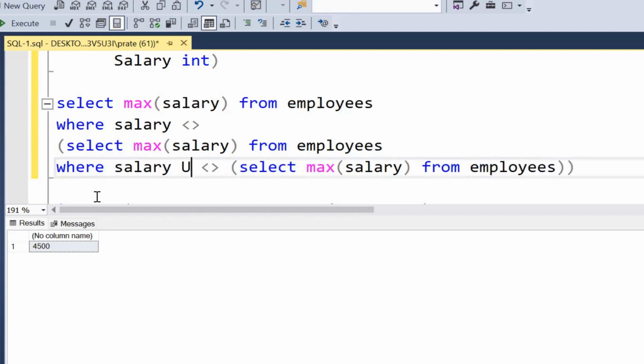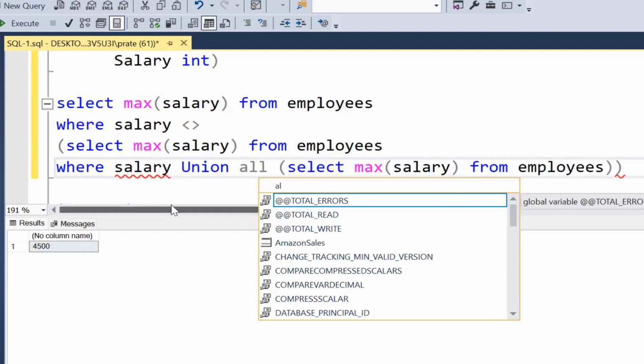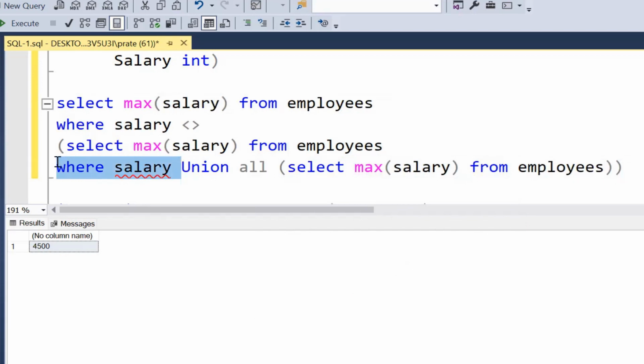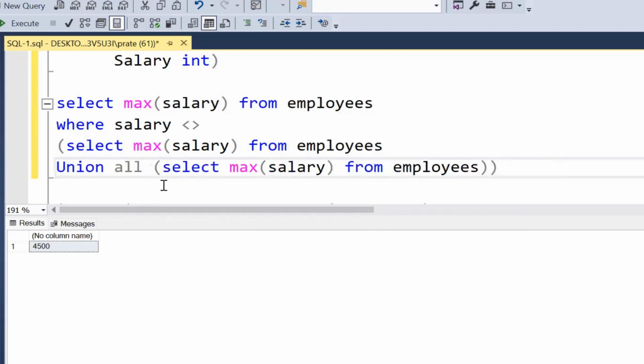यूनियन लगाओ, यूनियन ऑल, और बाकी प्रीवियस का सैलरी वेयर हटा दो, यस। और अब रन करो इसको, देखते देखते।